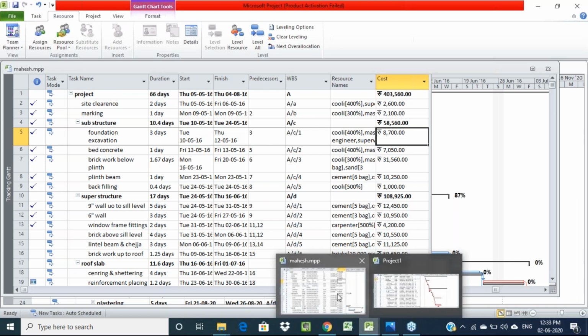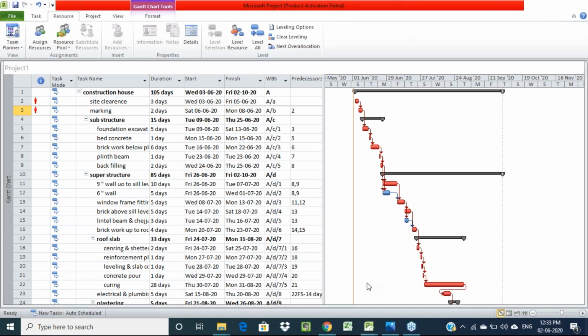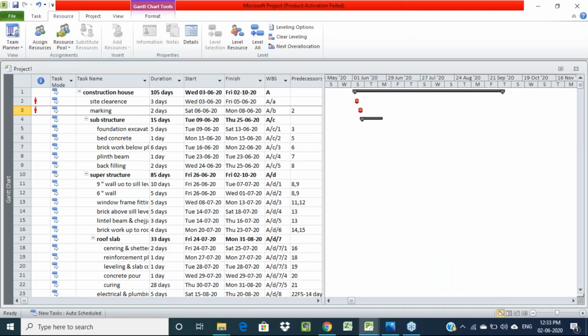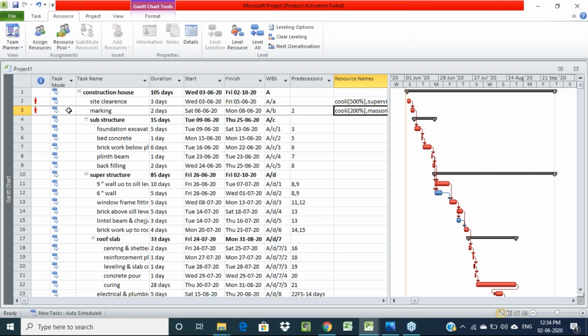Just one more project I'll show you, wait a minute. See here, if you're not doing resource leveling, a red human symbol like this will show, that means this task is over allocated. In the resource sheet, whatever numbers we have provided, only one number for each and every resource we have given, that means 100%. But here we are using 5 numbers, or 3 or 2 numbers. So we have only one resource but we are using 5 numbers, that means over allocation we have here.